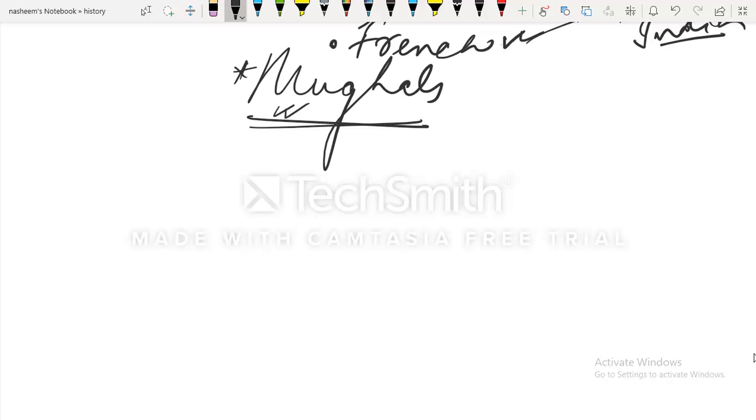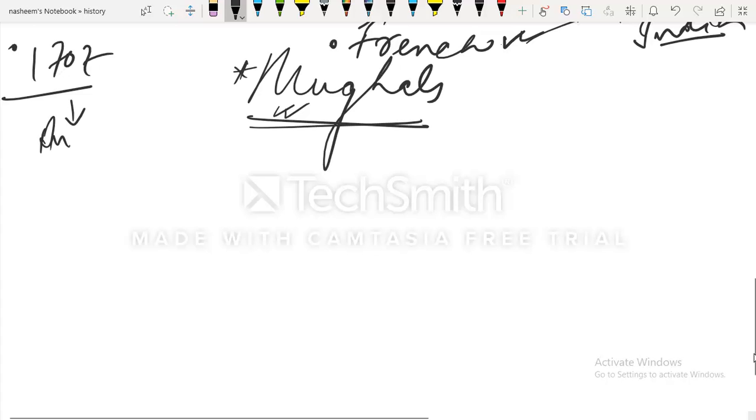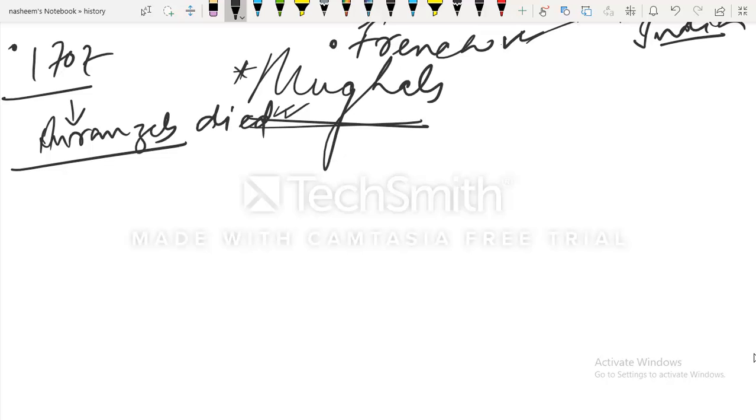The major reason, we had it 1707, was the time when Aurangzeb died, and he was a very powerful king. Aurangzeb was very powerful. So when he died,